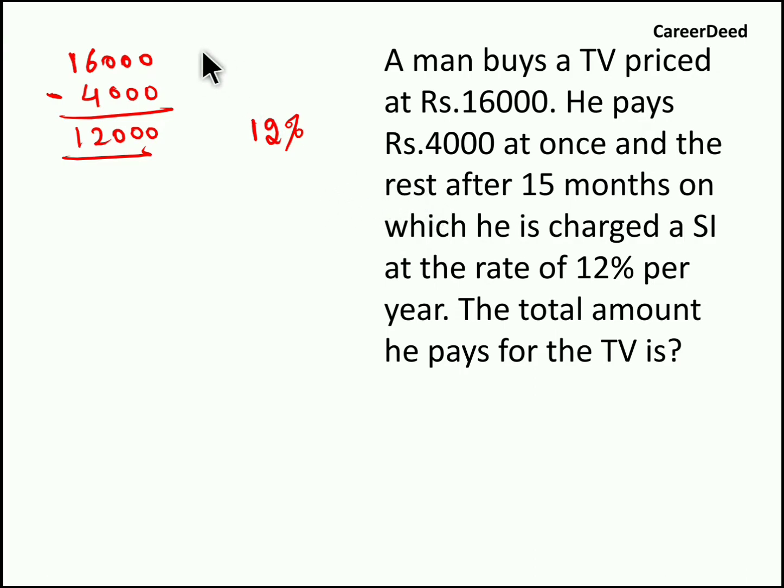So in 15 months we have a complete 1 year plus 3 months, right? So 3 months is nothing but a quarter, right? So in a year you have four 3-month periods, right? So first 3 months is a quarter, and if you include the second 3 months, it's a half, and if you include the next 6 months, it is a year. So we can simply say this 3 months is quarter year. So 1 complete year plus quarter year. So 1 plus 1 by 4 is nothing but 5 by 4 years.